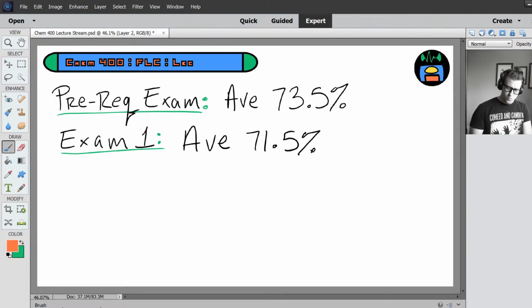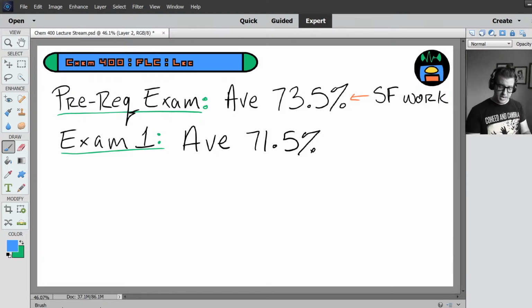What usually, and again, I'm going to do a deep dive into both of these, but usually this is high for prereq exams. Most prereq exams that I give have lower averages, but usually this means that there's some sig fig work that needs to be done. But when I look at my exam 1 averages, an average of 71.5